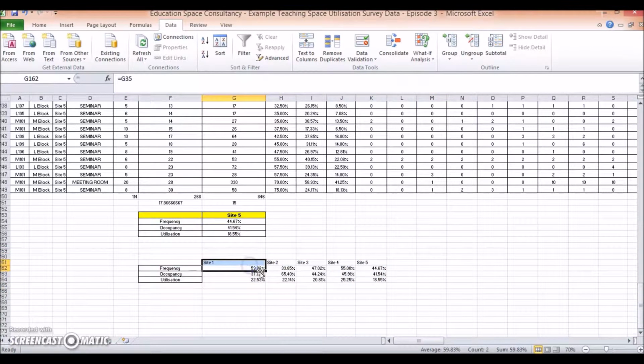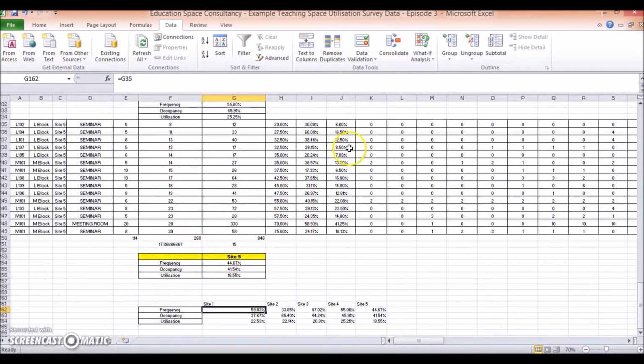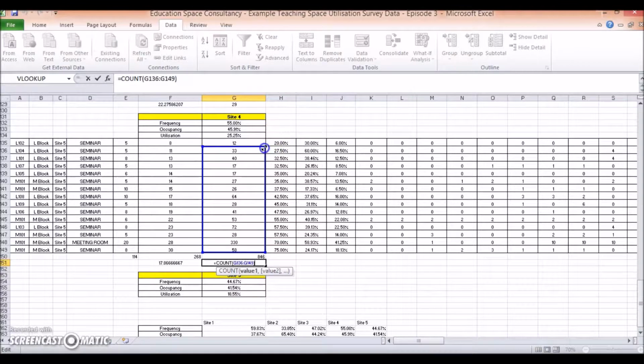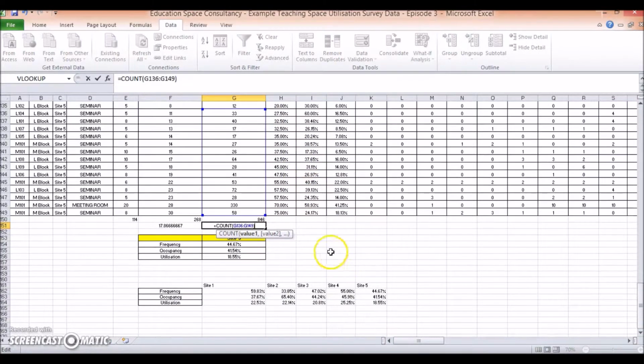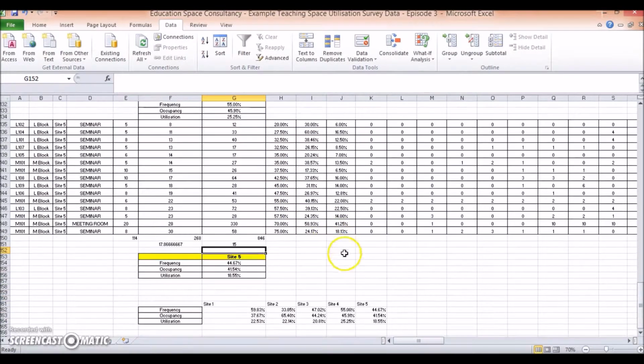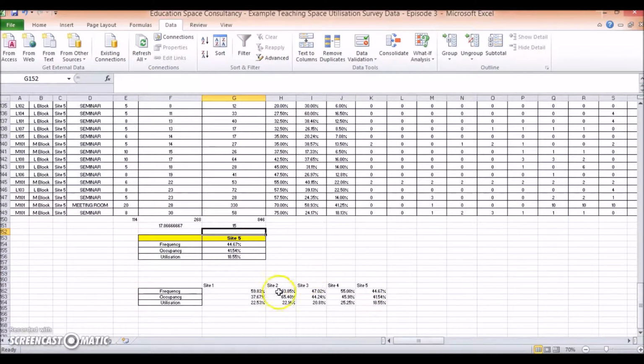So the importance of doing the equals function rather than just copying them down is that if you have to, for any reason, change any of the data, or you notice you've made a mistake when selecting your data for your formulas, say, oh, I've noticed actually this was like this. So if we look at our site 5, it was 18.55, it will change slightly now. So we know it was like that. So what we can do is we can just change the formulas here and it'll automatically change your main table